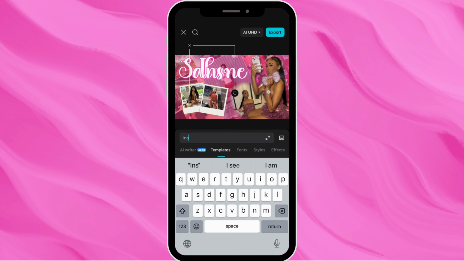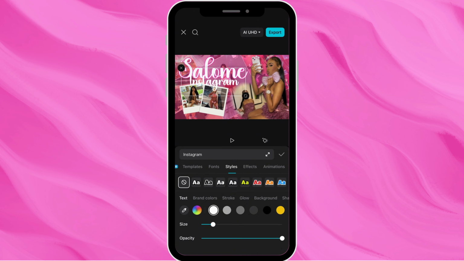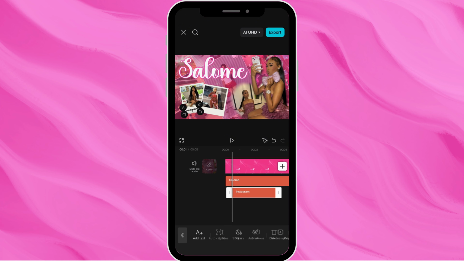Once you have it adjusted the way you would like it to look, you are going to go to text, and you're going to add text, and you're going to type in whatever social media you like. So for this example, I'm typing in Instagram, and I'm just going to turn it black. So I'm going to shut off the other color, and I'm just going to turn it black, and I'm going to make it smaller and fit it in that white area on the Polaroid. Once I get that adjusted the way I like it to look, I am going to extend the Instagram out,